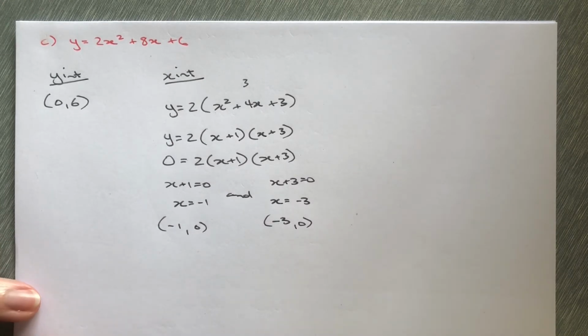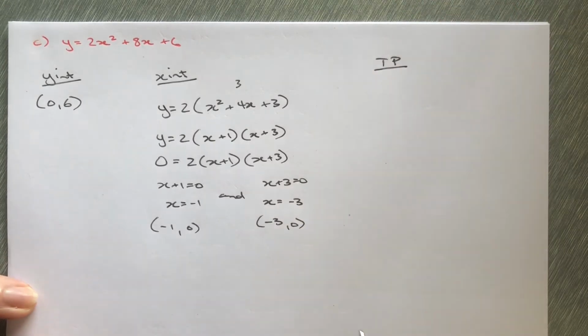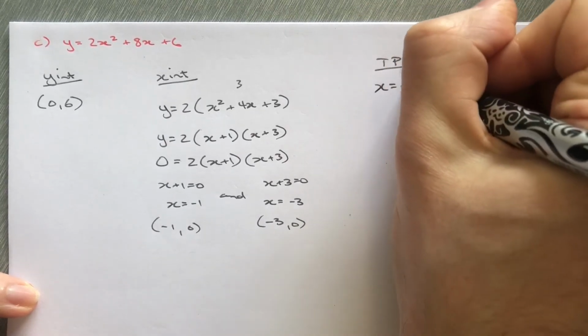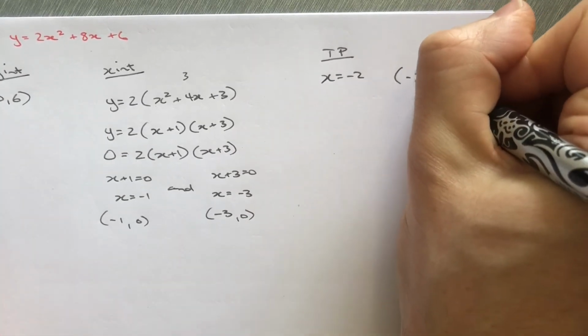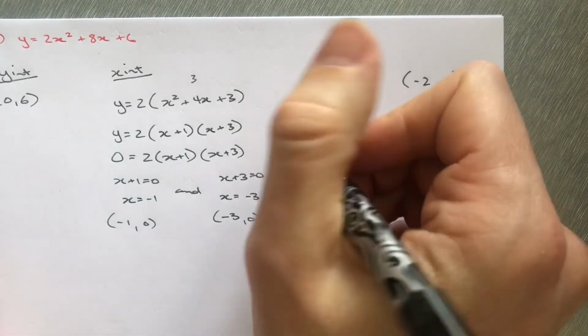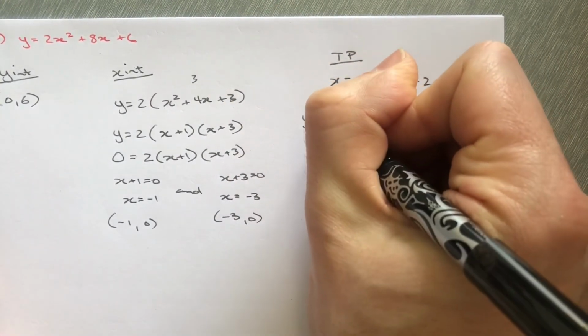Last thing we need is the turning point. Now again, what we're learning today, turning point is halfway between the x-intercepts. So halfway between -1 and -3 is -2. But I need the other part of the coordinates. So I know that x is -2, but I want to know what the y value is. So to find the y value, let's use our rule. If x is -2, y will be, let's see,